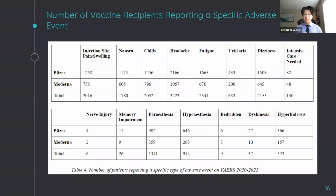After an additional phase of filtering and data managing, the number of patients who reported a specific type of adverse event is seen here. The first 5 columns represent the mild adverse events, that is injection site pain and swelling, nausea, chills, headache, and fatigue. The severe adverse events included nerve injury, bedridden, intensive care needed, dyskinesia, and memory impairment, just to give you perspective of where these adverse events range. As you can see, there are less incidences of moderate and severe adverse events than mild adverse events, which is